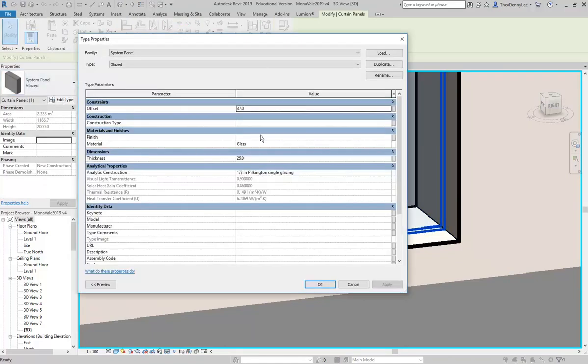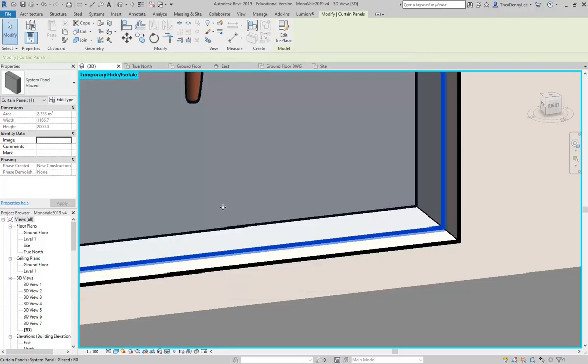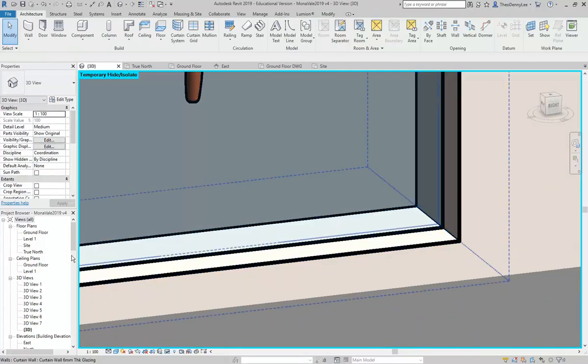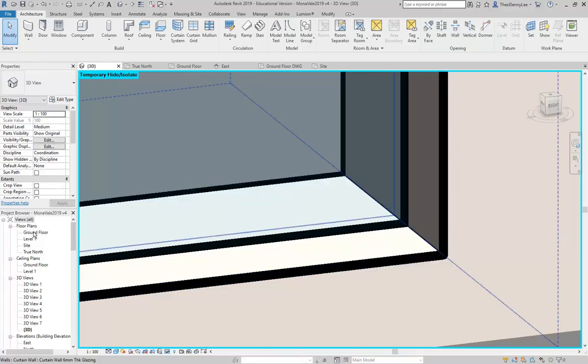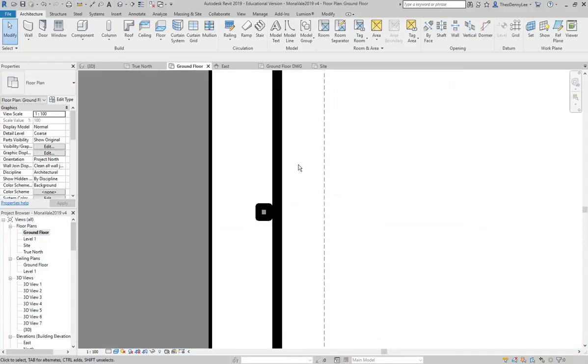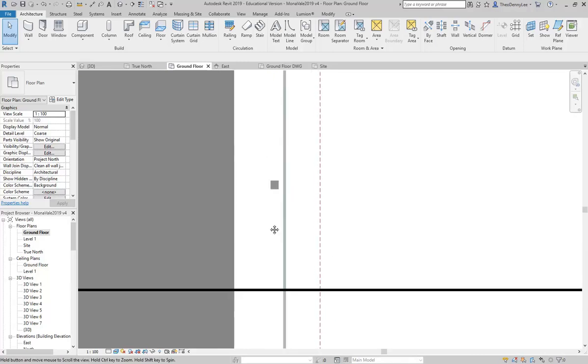And if I go to Edit Type and make it 10, of course it is 10 mil now, but we can't really see the thickness anymore. So you've got to factor in the line weight and the display issues and what you're trying to show. So even though we know it's 10 mil,